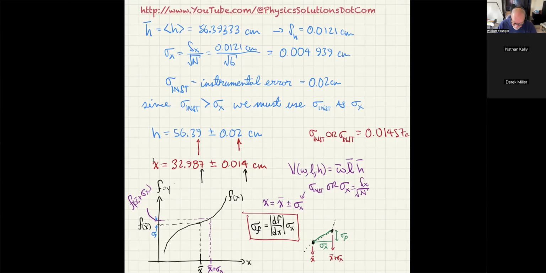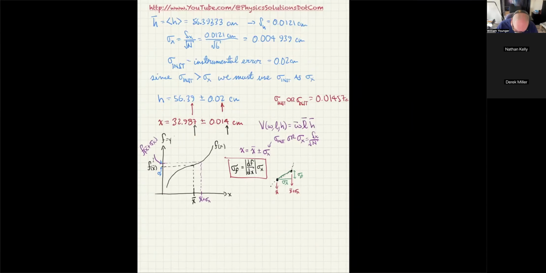Okay, and if that function of x still has an x in it, that means you have to put the x in terms of the best estimate of x. So that's true as well for all these formulas. When we actually have to put in an x or a y or a z or a w or an l or an h, we're expected to put in the x, the y, the z average. In other words, the x bar, the y bar, the z bar, the w bar, the l bar, the h bar. Okay, but now I need to generalize this to multiple dimensions, and before I do that,